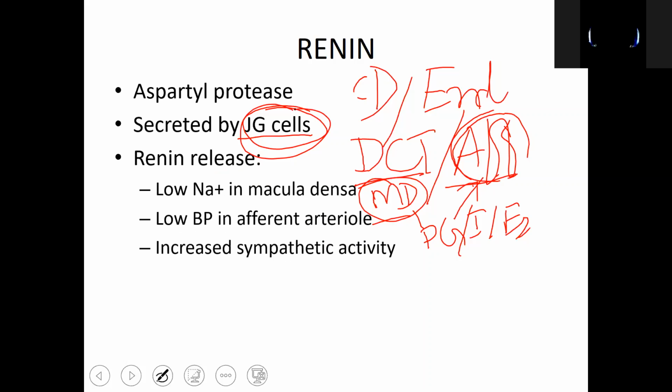Okay, so renin, what are the three stimulations of the renin? One is low sodium in the macula densa. Suppose someone has low blood sodium, then what will happen? Because of the low blood sodium, a lesser amount of sodium will enter into the macula densa, and it will sense that, and it will release the prostaglandin E2, I2, and that stimulates the afferent arteriole. Okay, afferent arteriolar JG cells. These are modified afferent arteriolar endothelial cells. Okay, and when they are stimulated, they release renin.